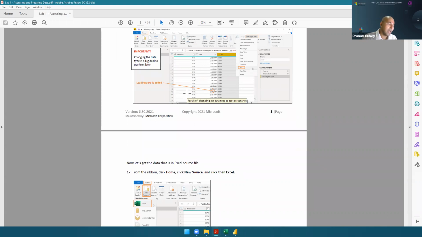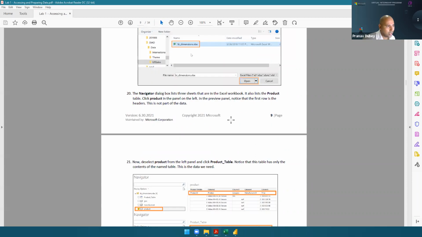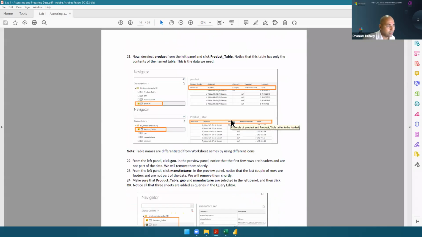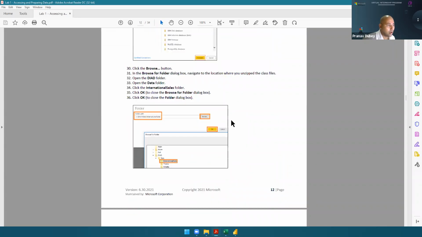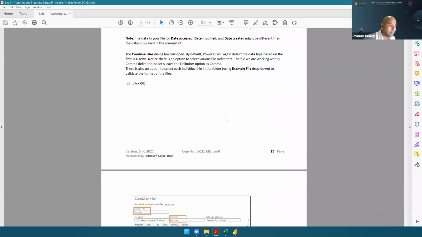Now everybody, at one place there will be some discrepancy. There is one data value which will not match the screenshot and whatever value you are getting.